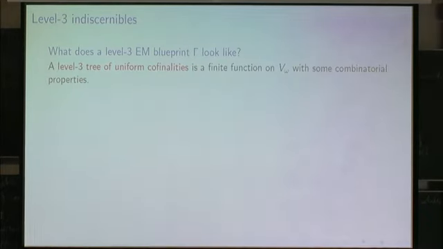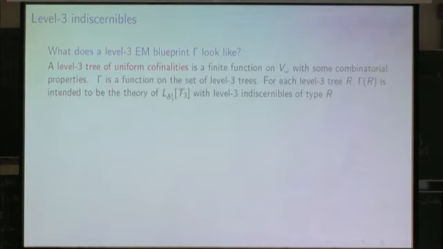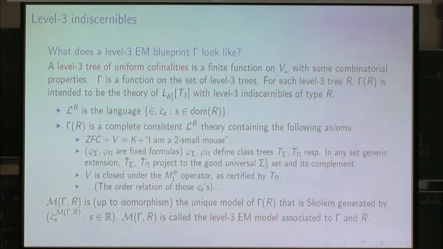So the level 3 EM blueprint looks like the higher level analog of level 1 EM blueprints. It is a function whose domain is the set of some technical objects called the trees of uniform indiscernibles, and for every tree it is intended to be the theory of higher level indiscernibles. So Gamma is a level 3 EM blueprint. It takes